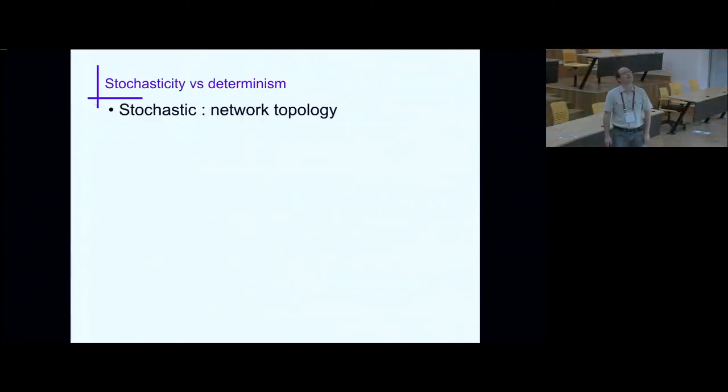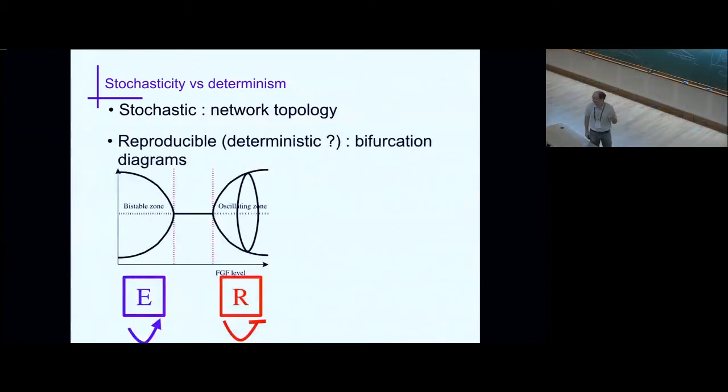Okay, so that's a slide about stochasticity versus determinism in this evolutionary simulation. As I told you, some things are variable from one simulation to the other, some things are the same. What is stochastic, what is variable, is the network topology. It's not exactly the same. So you can have different ways to get an oscillator, you can have different ways to get a bistable system. This also happens from time to time. What is reproducible from one simulation to the other? It's more like the geometry, the dynamics of what is happening, which is sketched here.